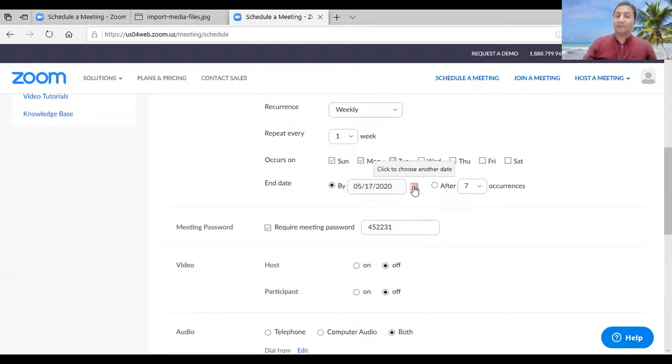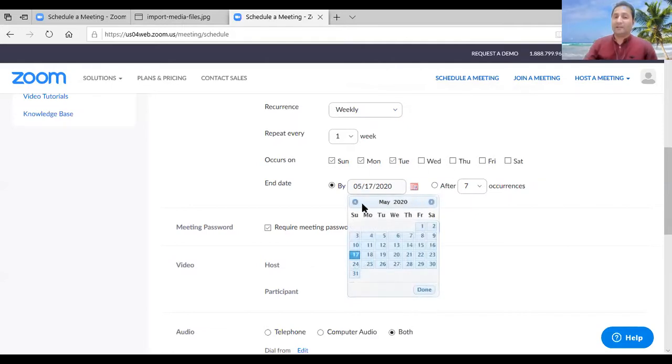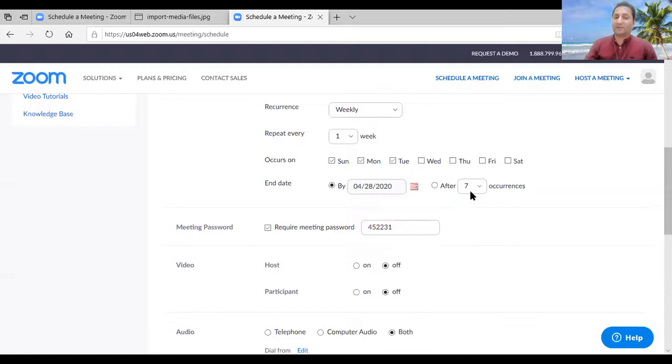And this is where you have to write the end date, when it is going to end. I will click here. For example, in April the last Tuesday is, okay, this is the last Tuesday, 28. I will click on 28. So after how many weeks, it starts from the 4th of April and will end on 28 April. Between, how many weeks are there, how many times will it reoccur? I will write three. After 3 weeks, it will come there.